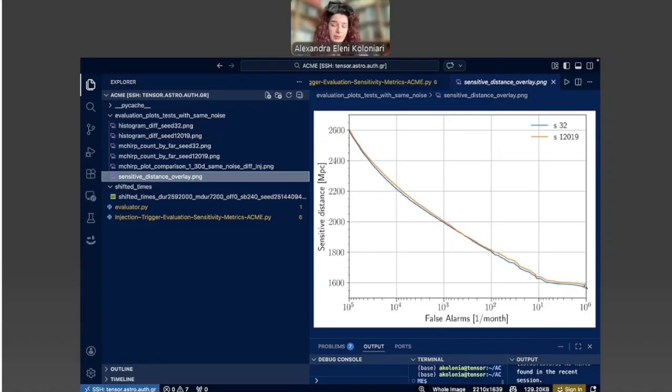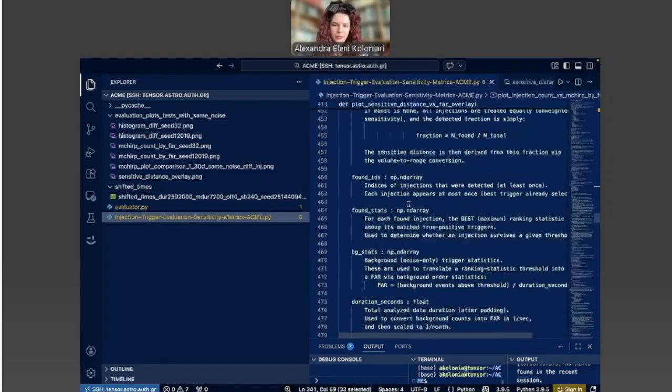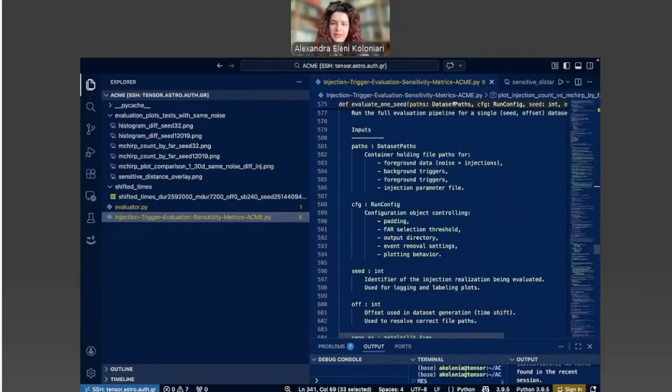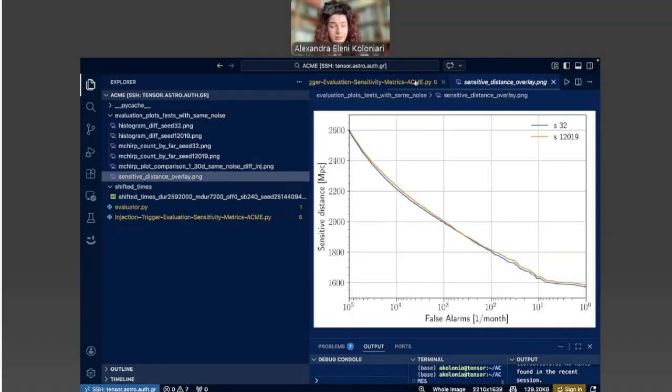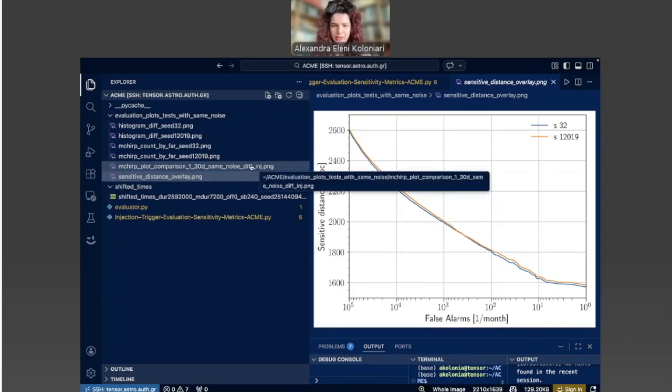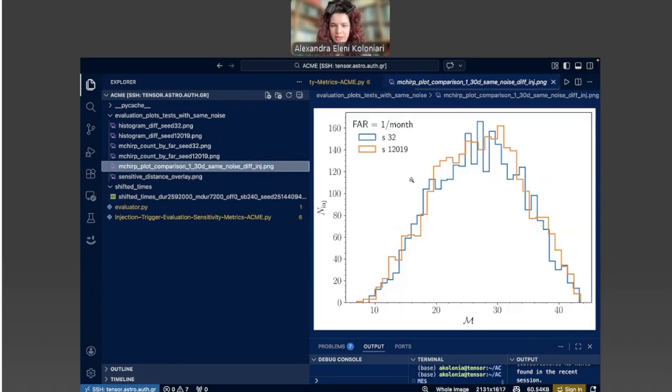For false alarm, for example, 1 per month, one additional plot directly below that plot is the one for false alarm equal to 1 per month that we set in the beginning of the notebook. Here we can see the difference between those two sets.